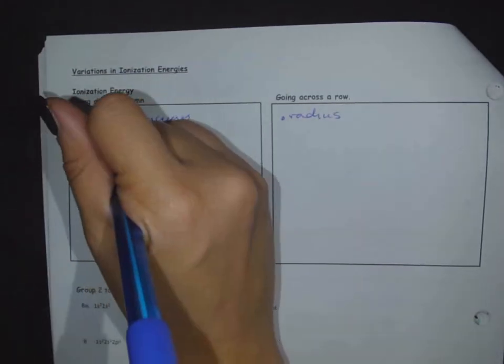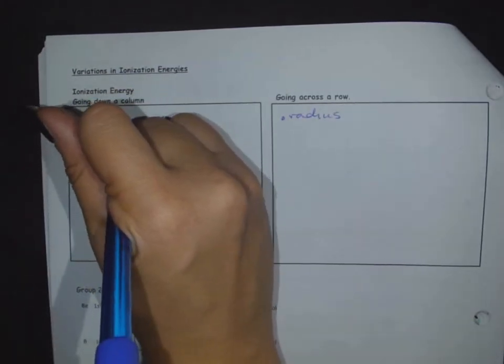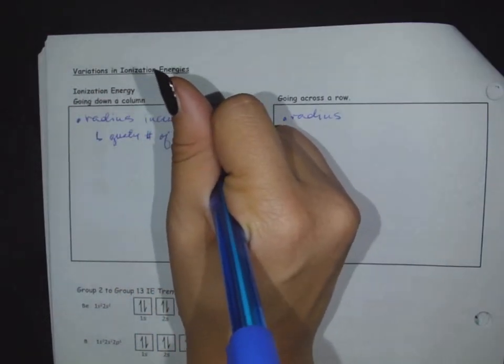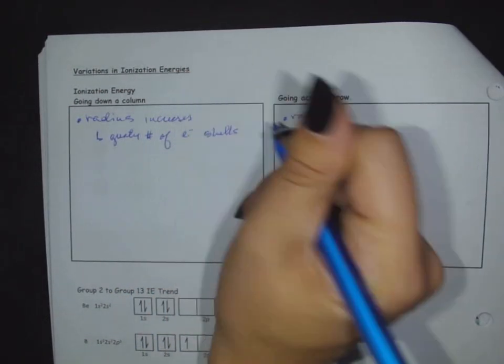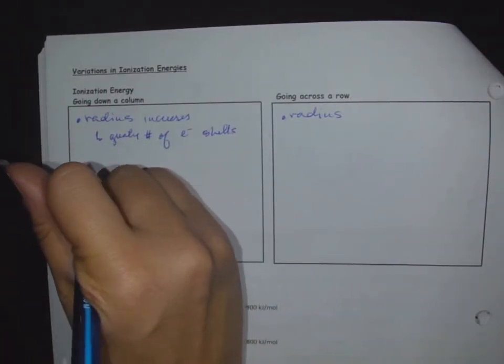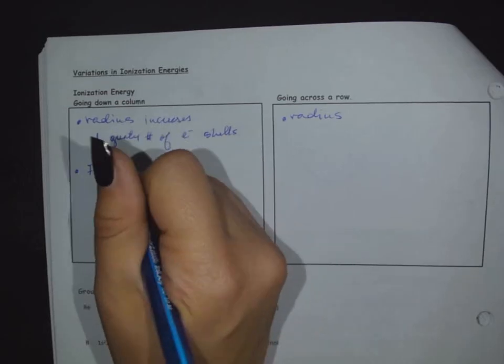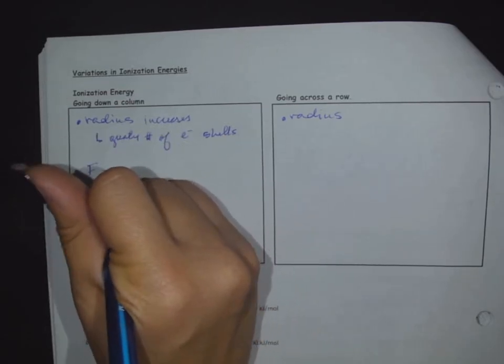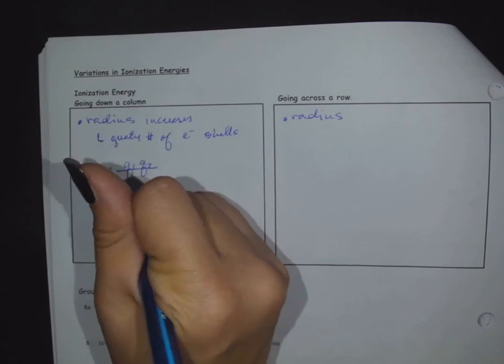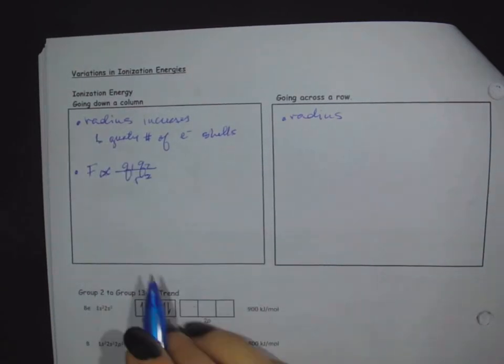Like we've discussed, this is due to a greater number of electron shells. Well, we also know that according to Coulomb's law, Q1 Q2 over R squared,